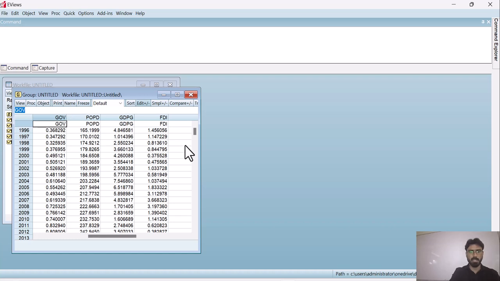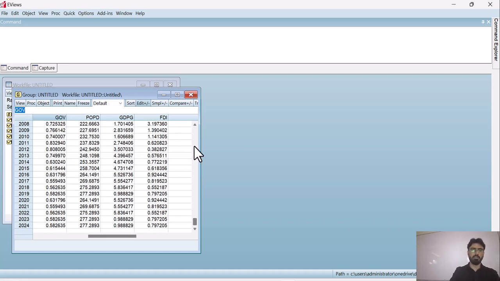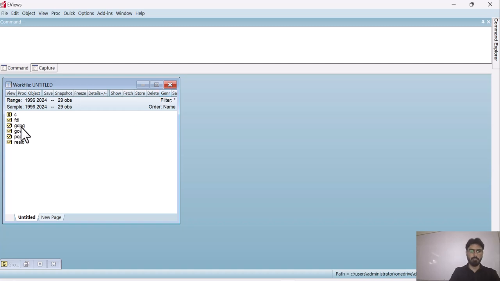Here you can see that all my data which I copied from the Excel file is now in the eViews file. Now I have to select all these variables one by one. First of all, we have to finalize what our dependent variable is. In this case, our dependent variable, let's say, is GDPG.